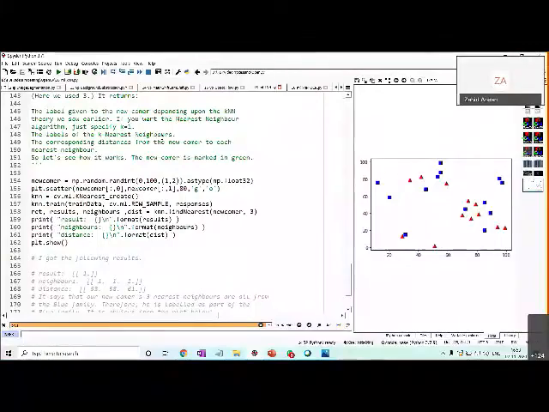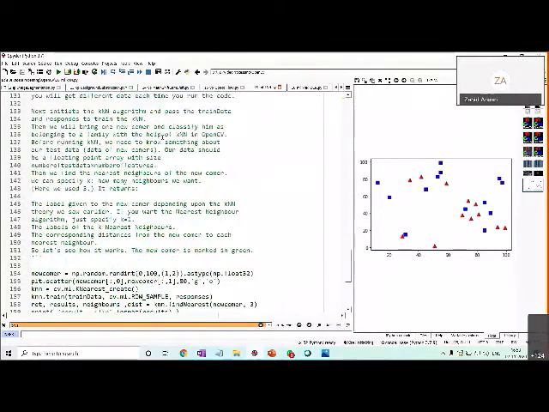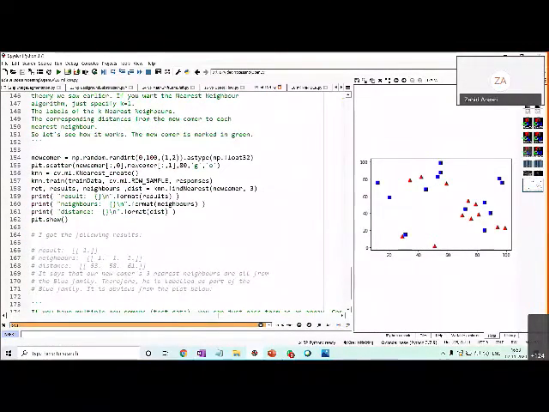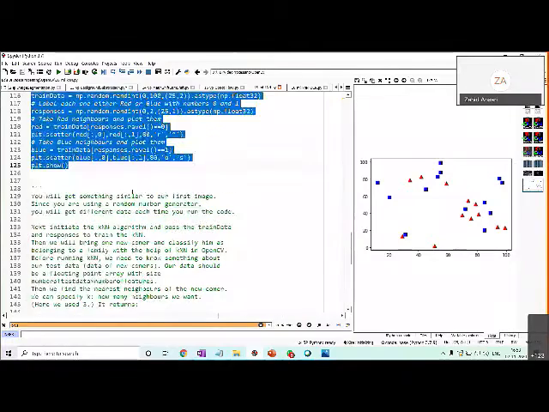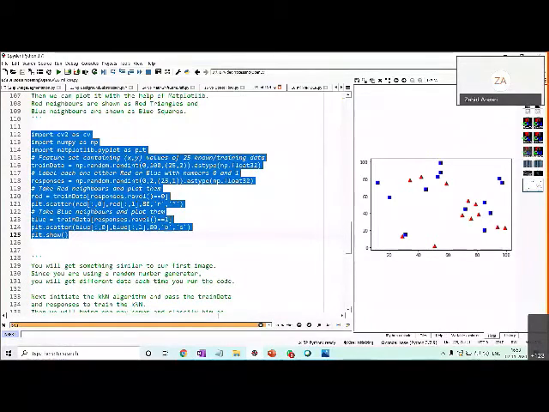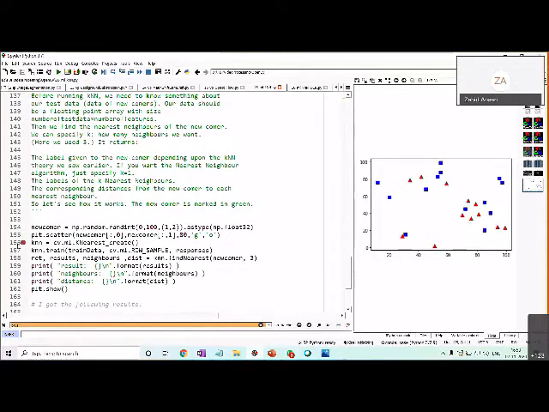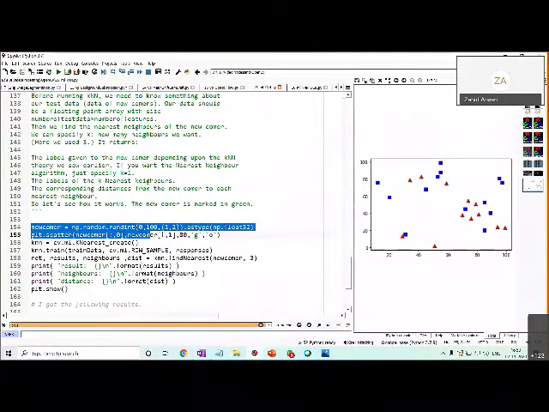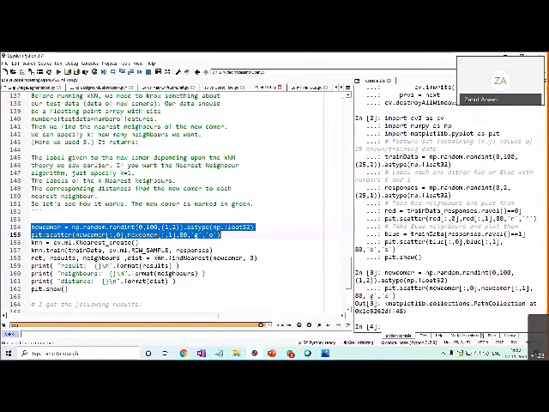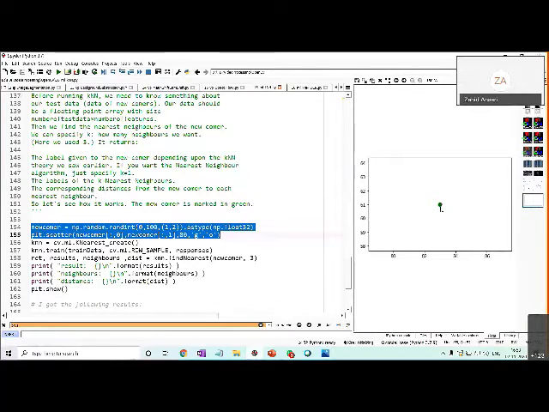Then we are creating a newcomer and plotting that also. So this newcomer's position is here.